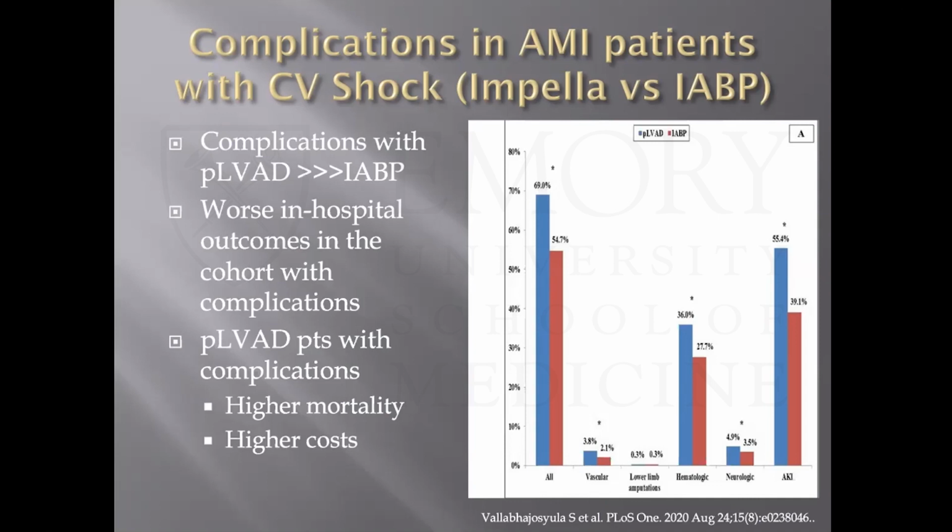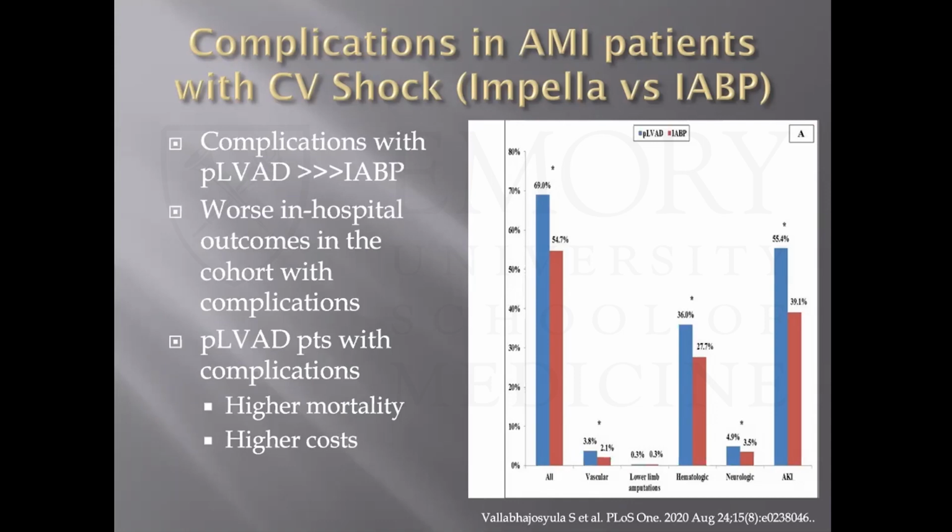The blue bars are the Impella, the red bar is balloon pump, and if you look at all of these, there was a statistically significant difference with a higher incidence of complication. Vascular complications are worse. Hematologic, most of the time this is coming from hemolysis, higher incidence of stroke, acute kidney injury. Maybe a little counterintuitive, but I think a lot of this is in patient selection, and again, in proper placement and proper management. Once you put the Impella in, the game's not over.